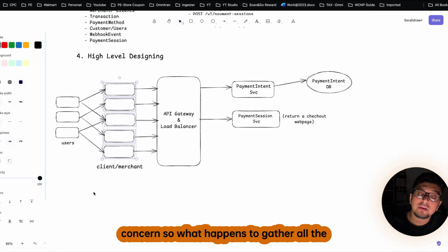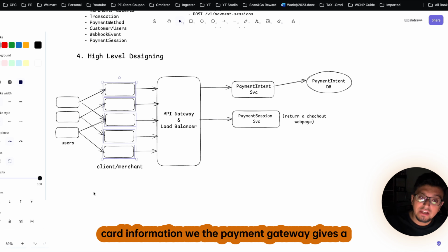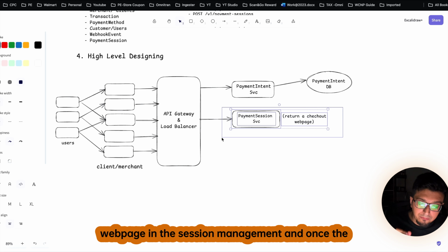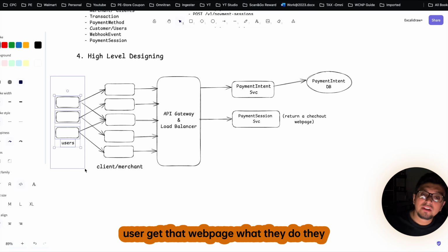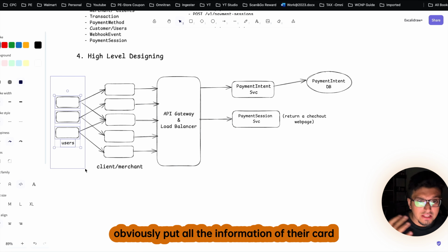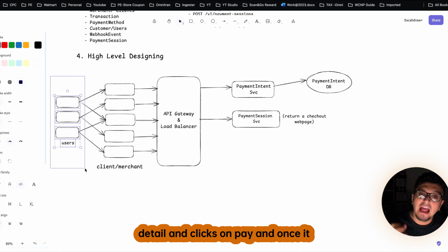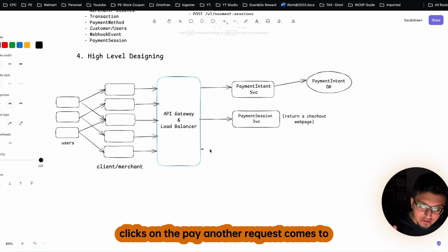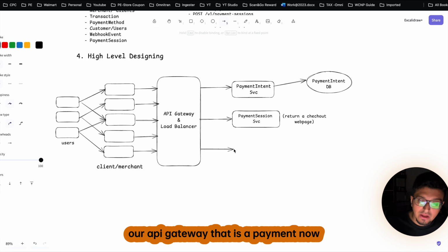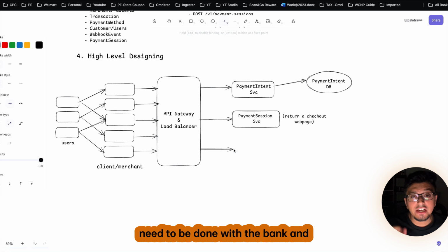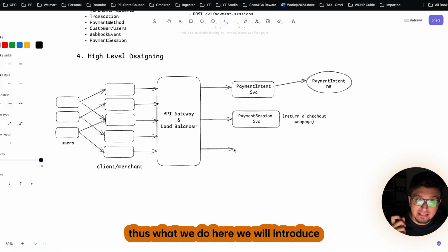So what happens to gather all the card information? We, the payment gateway, give a web page in the session management. And once the user gets that web page, they obviously put all the information of their card details and click on pay. And once they click on pay, another request comes to our API gateway, that a payment now needs to be done with the bank. And thus what we